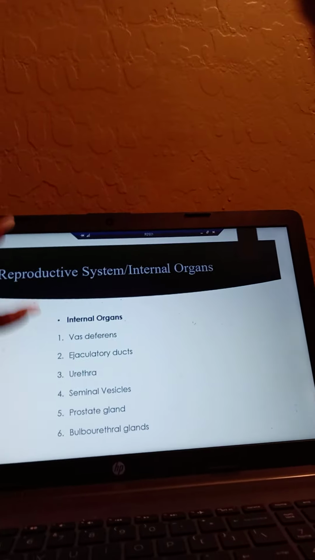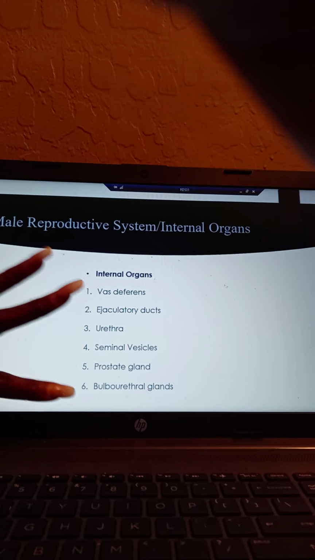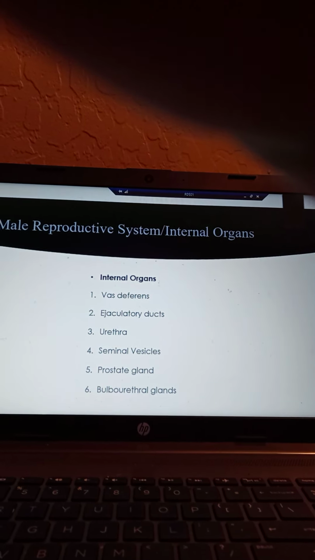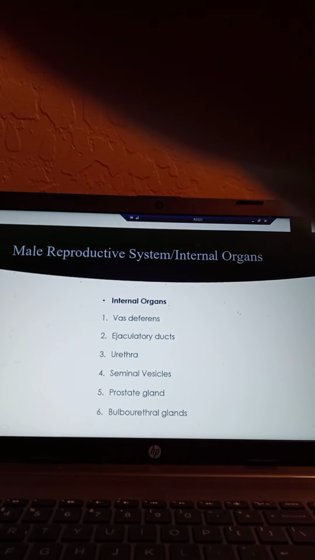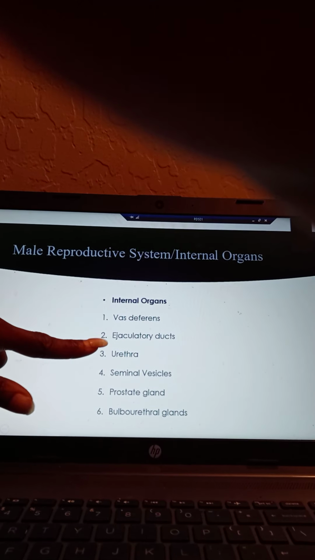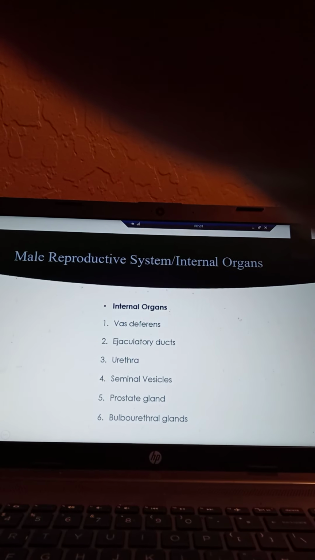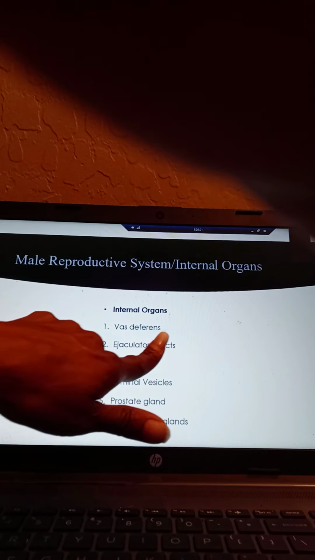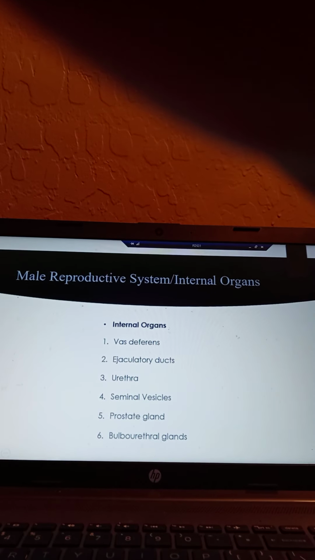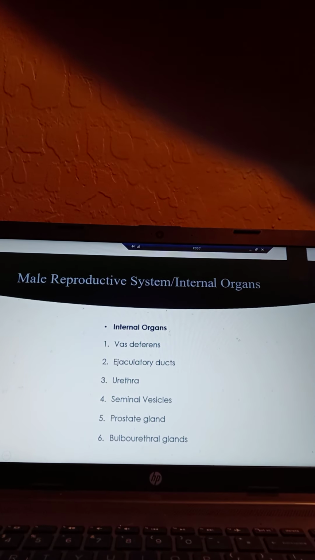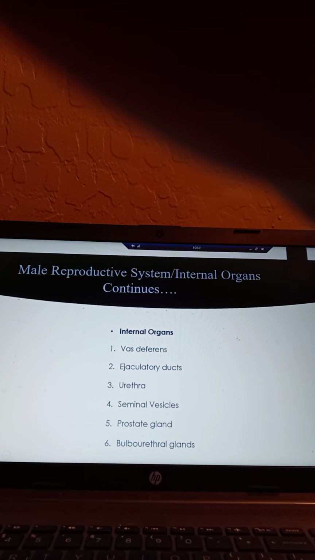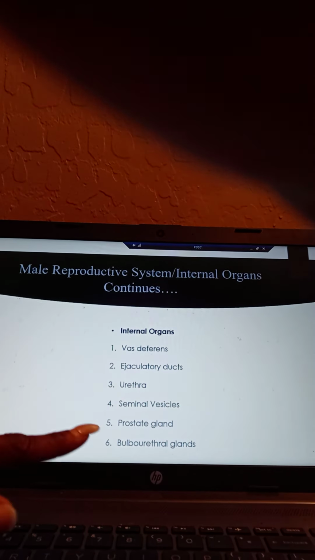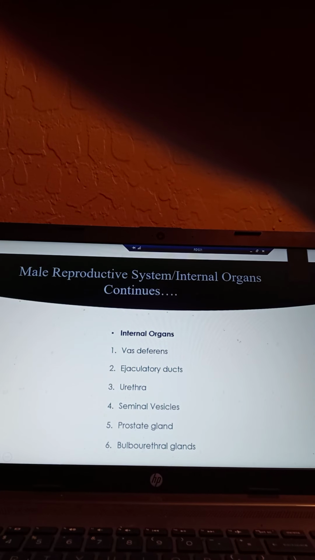And I'm going to go to the 16th slide, which I just broke down, all six of the internal organs. That's just a slide of that, breaking it down and also explaining what each one of these is. So I started off with the first one, the vas deferens. It continues on because I continue explaining on 17,